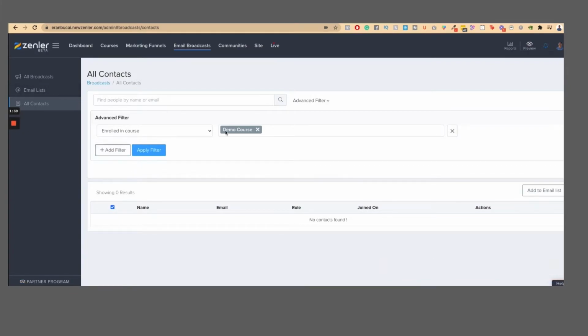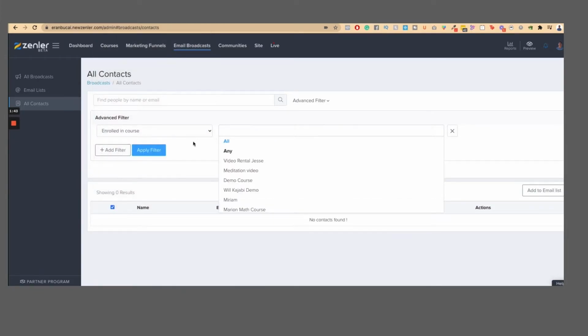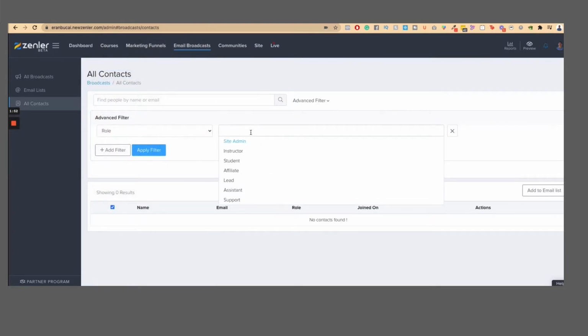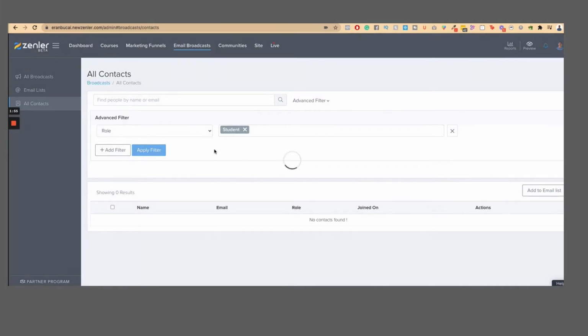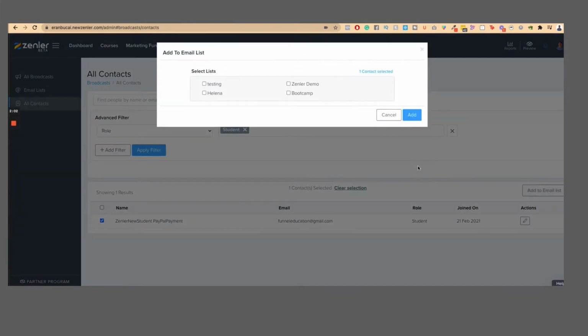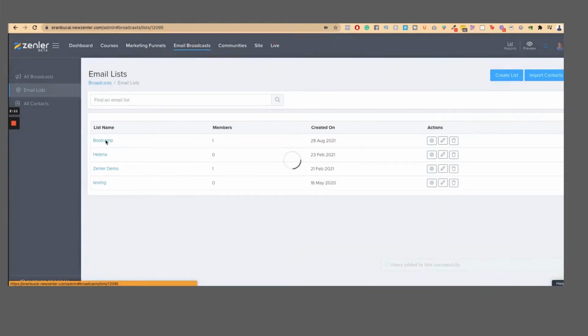So then let's just pick an example. I don't have many names here at all, so I'm just going to pretend that I've already done this. I'm going to pretend role and then student. Okay, now let's just pretend for a second that we actually have other names. Okay, so I'm going to pick this one. Now I'm going to click add to email list, and now I can choose what email list to add it to. I'm going to click on add, and now when I go to email lists, I will see under bootcamp